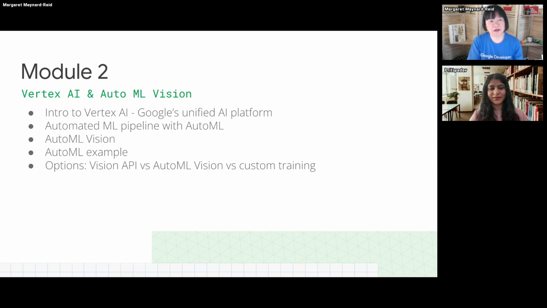And then finally, the course will talk about how you decide between the Vision API, AutoML vision, and custom training. All of these depend on your use case and scenario, whether you want a simple solution, less coding, or a more custom solution, more control over what you want to do.